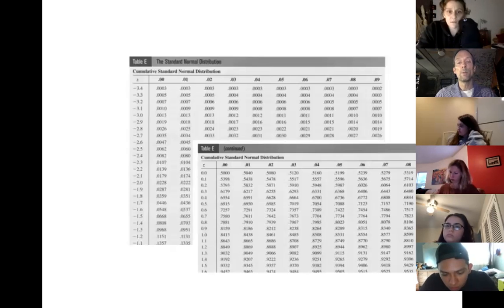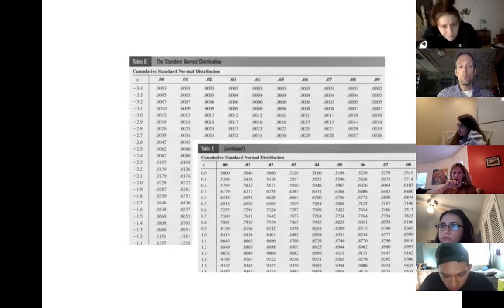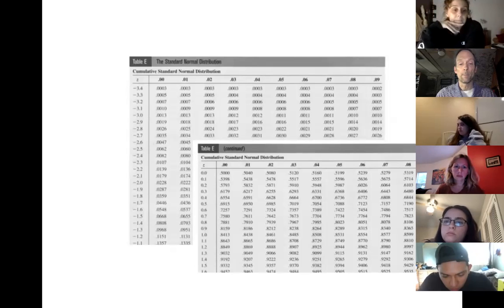And what's going to happen is we're going to have two Z-charts. And both of them look like a huge pile of numbers, basically. And again, what they're letting us do, we don't know how yet, but they're going to let us take a Z-score and exchange it for a probability. When we look at the far left side, the top